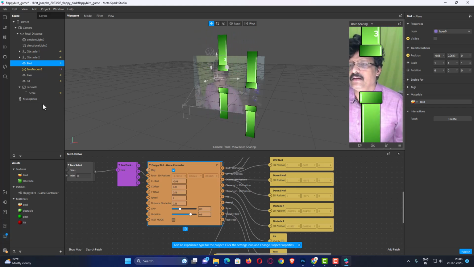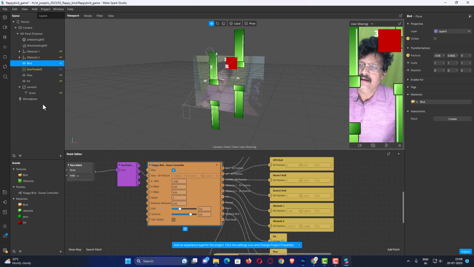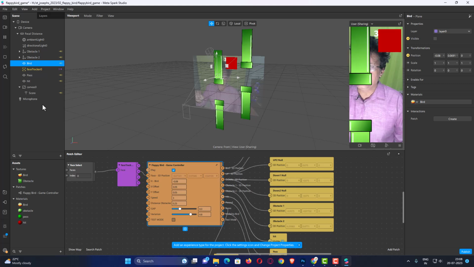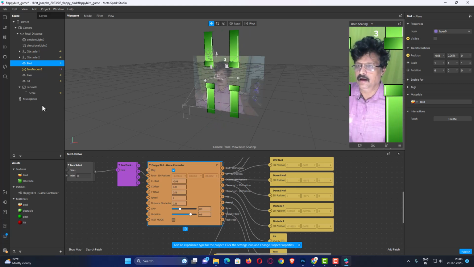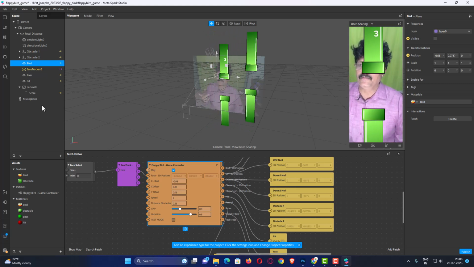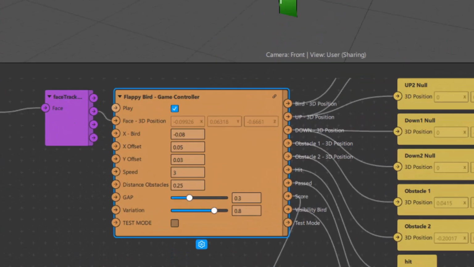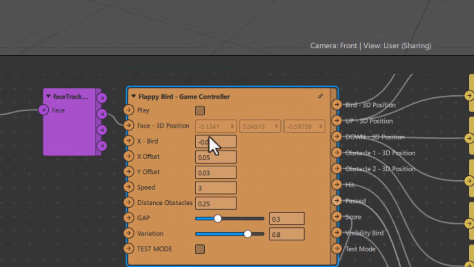Now the only thing is, I need a game over message to appear. As soon as the bird goes away, I need a game over button. Now for this game over, what we shall do is, right now I will switch off the game,